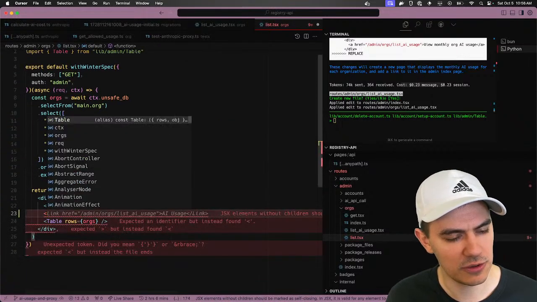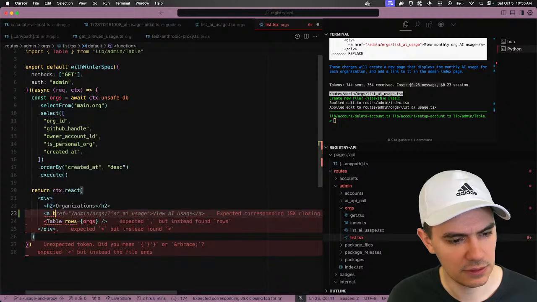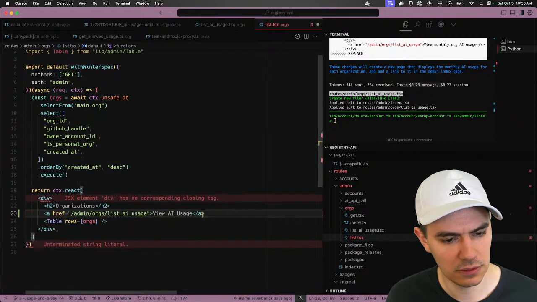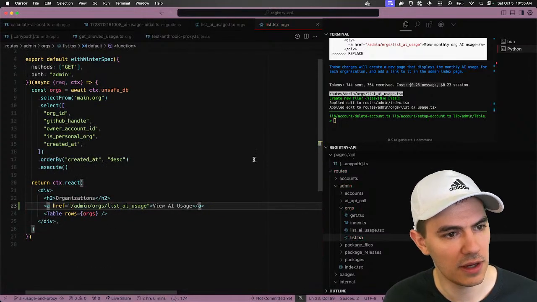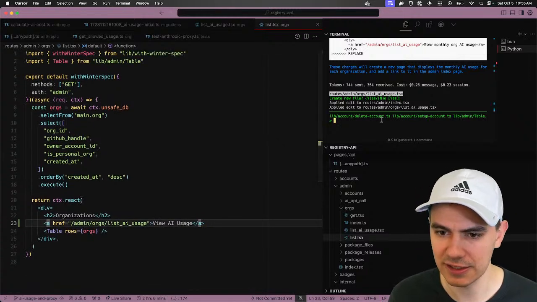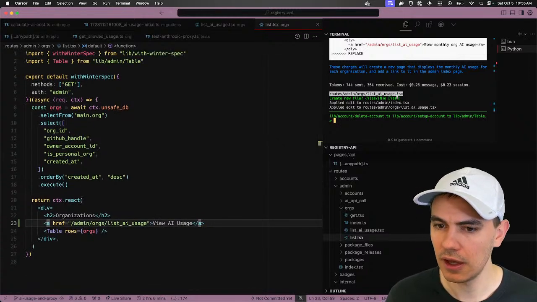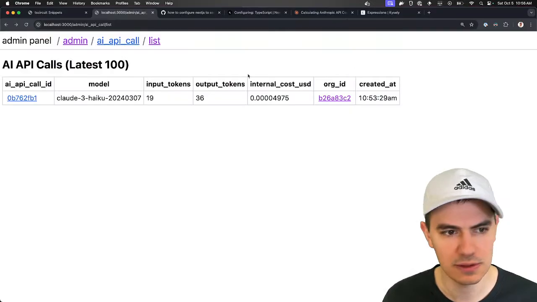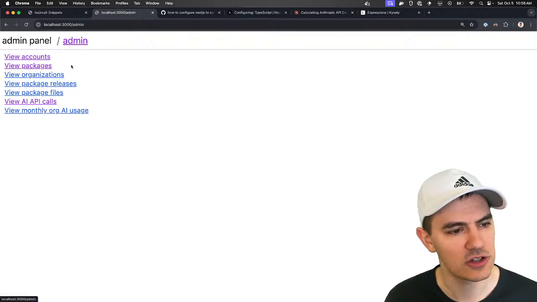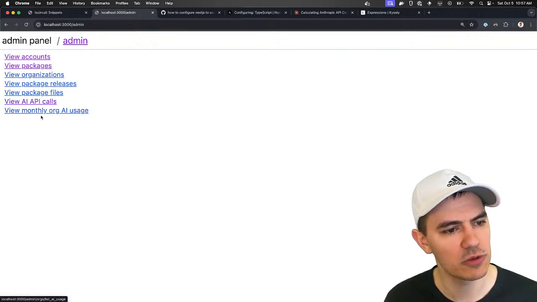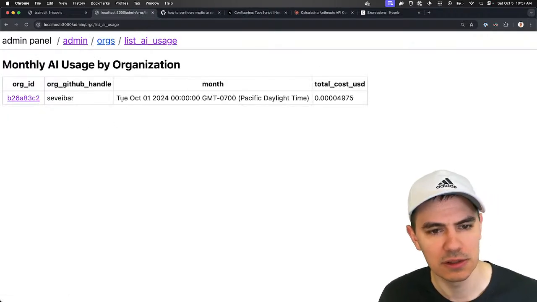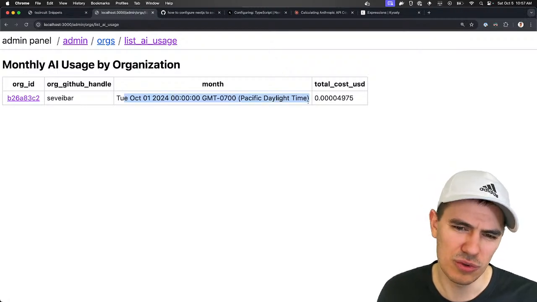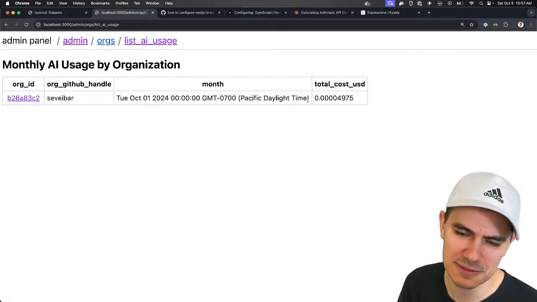The only thing I would do is add a link on the org list page so you can find it. And then we need to do our build because we're using Next. And I should be able to see it now. Okay, so they added it to the index already. Ooh, not a huge fan of that text.